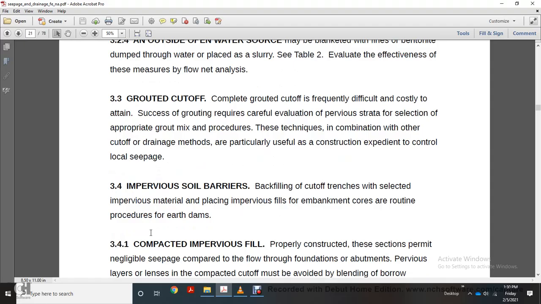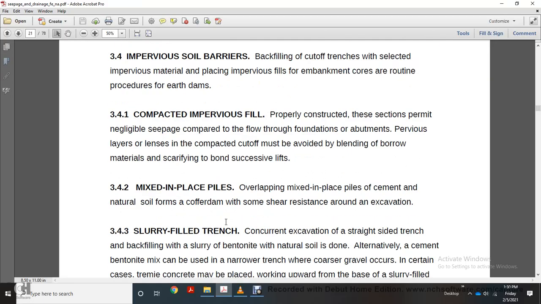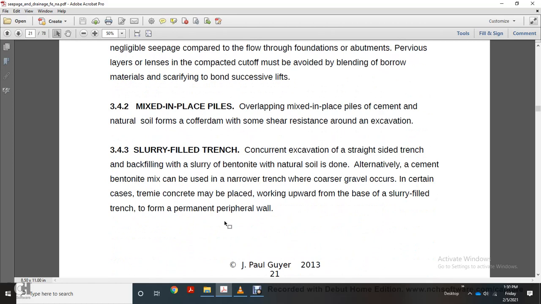Impervious soil barriers: backfilling a cutoff trench with impervious material, placing impervious fill with routine procedures as in earth dams. Compacted impervious fills, if properly constructed, permit negligible seepage compared with the flow through the foundation and abutment. Previous layers and lenses in the compacted cutoff must be avoided by blending of the borrow materials and scarifying the bond of successive lifts. Mixed-in-place piles with overlap, with cement mixed with the natural soil,